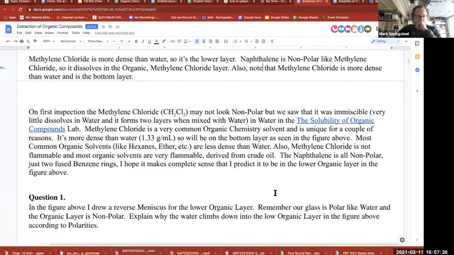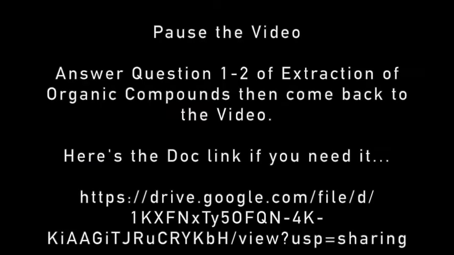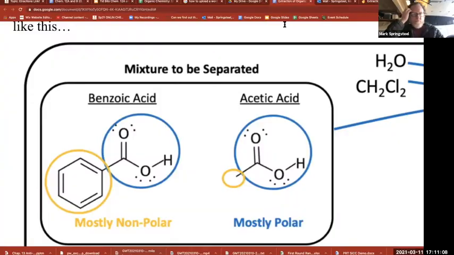Okay, so question number 1. In the figure above, I drew the reverse meniscus for the... okay, so now I'm back at our